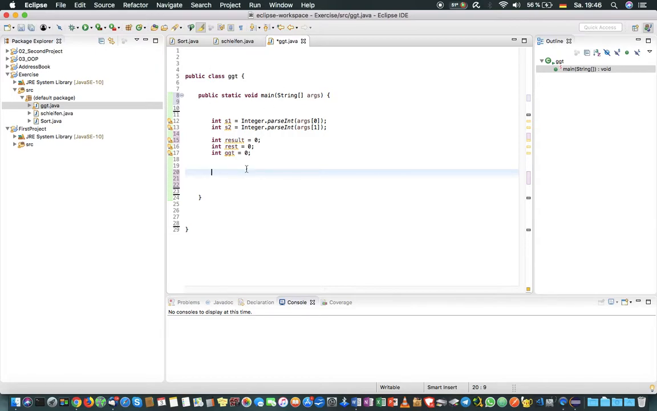So now, just to make it easy in the beginning, let's assume that S1 is by definition bigger than S2. If that is the case, if S1 is bigger than S2, then what do we want to do? Again, pause the video, implement the loop yourself, and see the solution. I'm going to do this with a while loop: while S1 modded with S2 is unequal to 0,